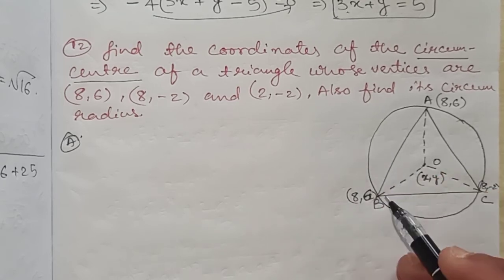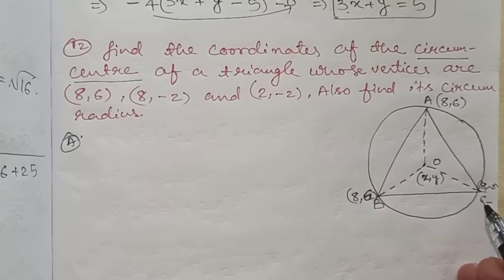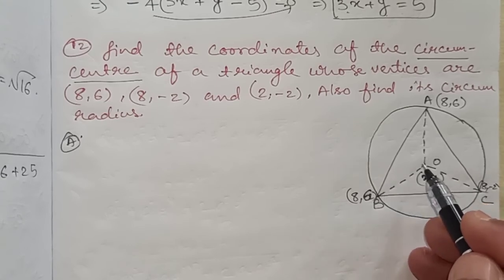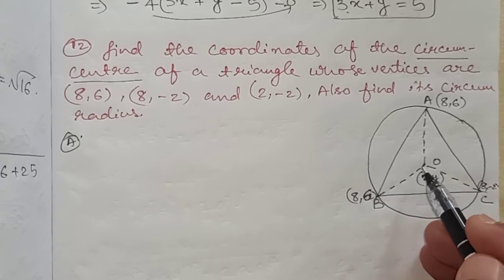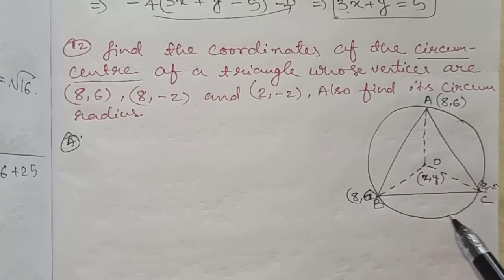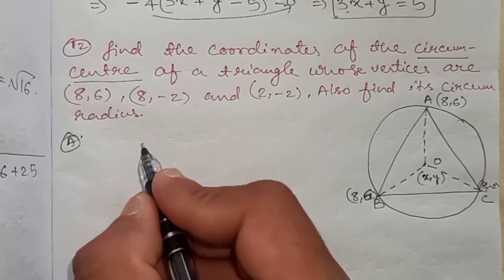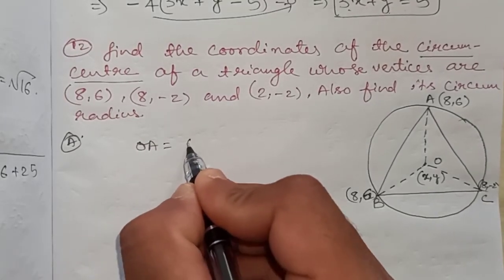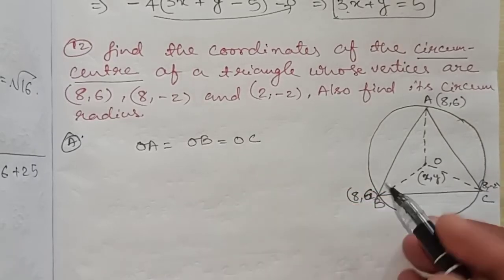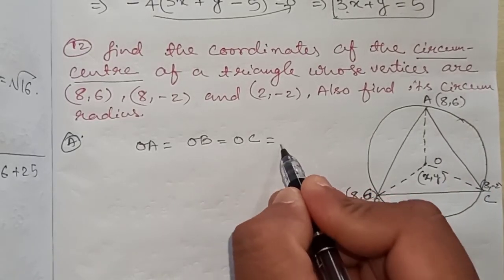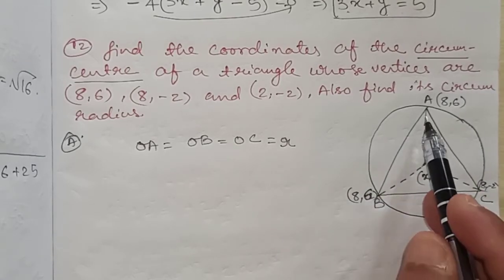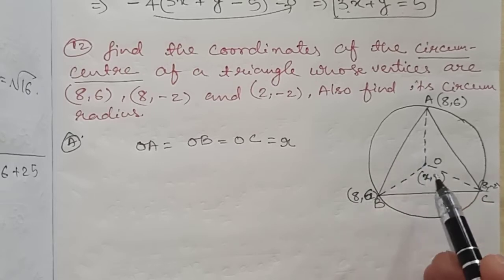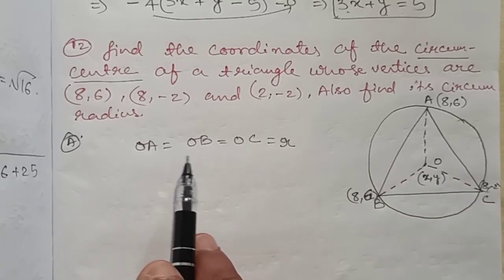So I have just drawn a diagram. These are the radii of the circle, because any line which touches the center and joins to the circumference of a circle is called a radius. So there are 3 radii I have drawn because 3 vertices are given in the triangle. So from the given triangle we can easily assume that OA equals OB equals OC, because all are radii. All the distances will be the same because all are radii. Okay, so OA equals OB equals OC. All the 3 are radii. That's why I have written everything. All the 3 are equal.